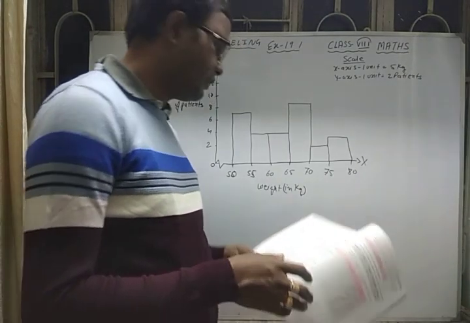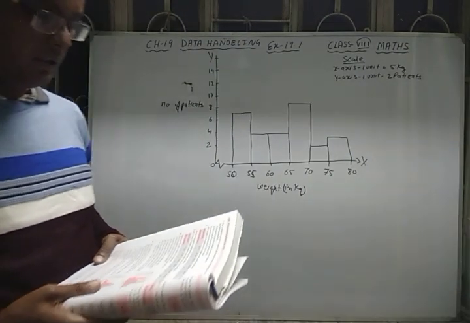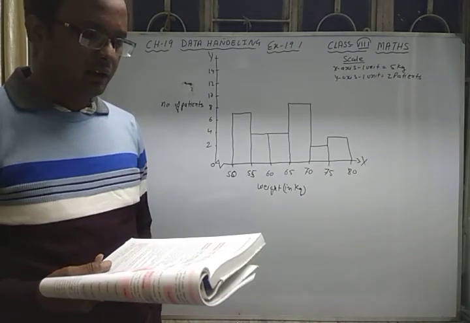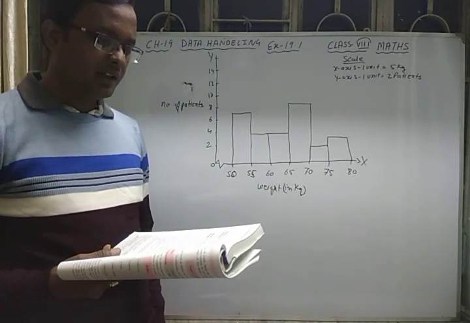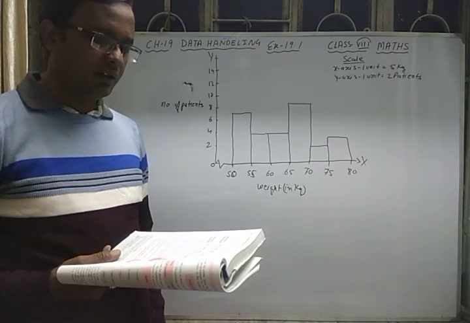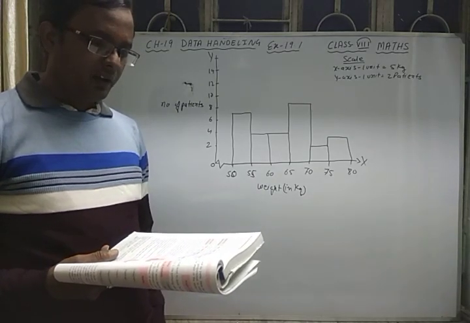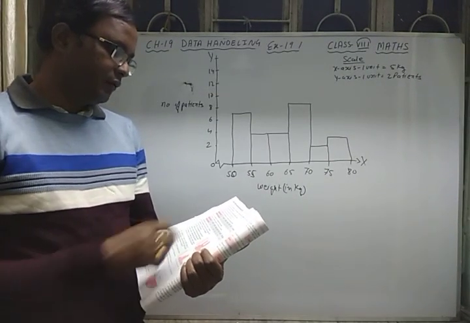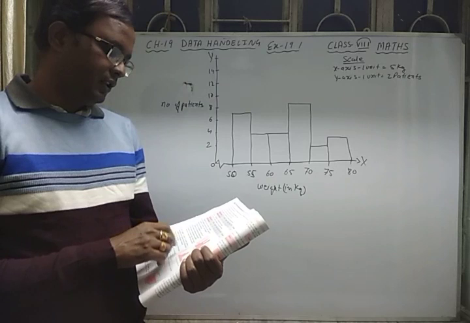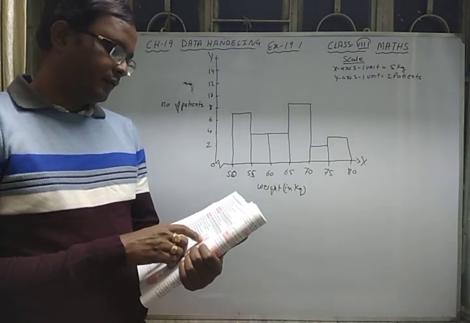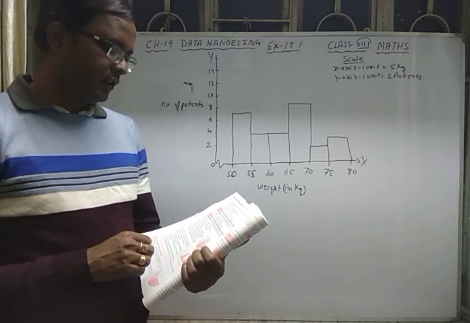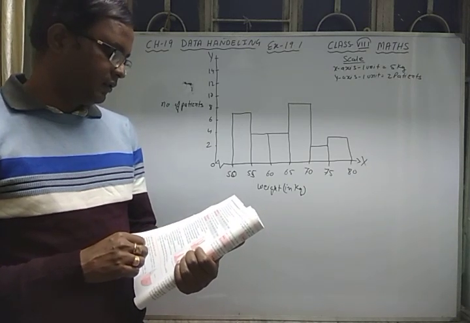Question number 9 is also the same type of histogram, with a picture in the question as well. In question number 10, the histogram shows the weekly wages of workers in a factory, given alongside. So you have to answer the questions regarding this. What is the frequency of 400 to 425? 400 to 425 is 18. There are 18 workers who are getting 400 to 425